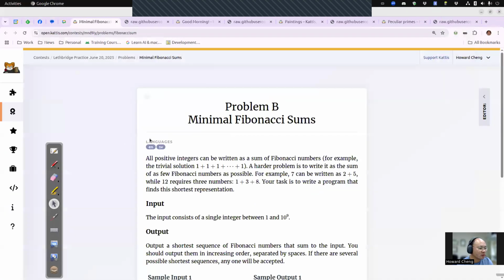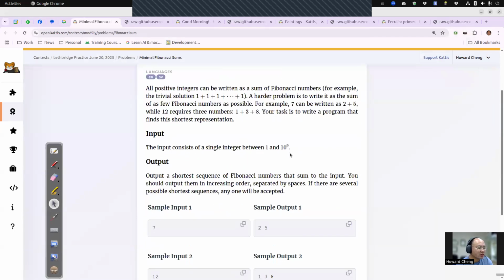Let's look at the next problem. Minimal Fibonacci numbers sums. So you're given a number between 1 and 1 billion. So this is still within normal 32-bit integers. You want to find the shortest sequence of Fibonacci numbers that sum to the input. You should output them in increasing order separated by spaces. If there are several shortest sequences, any one will be accepted. Okay, so this is actually